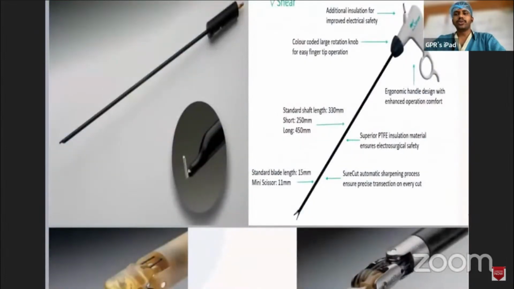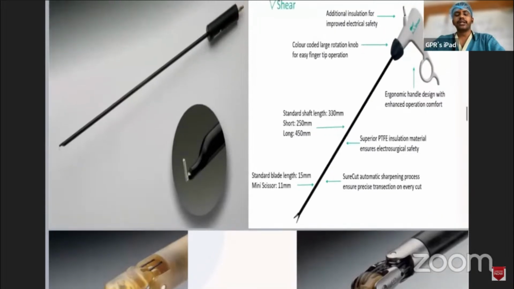These are the endo units. One is called the V shear on the right, and the other is the hook on the left. The hook is the most commonly used as well as the most dangerous instrument that could be used by any person in laparoscopic surgeries. It has three different parts: one is the tip, another is the shaft or the shoulder, and the other is the elbow. The elbow is most likely used for coagulation, whereas the tip is used for cutting.